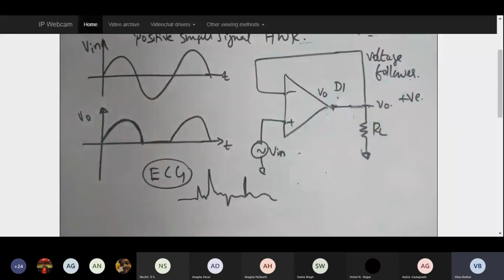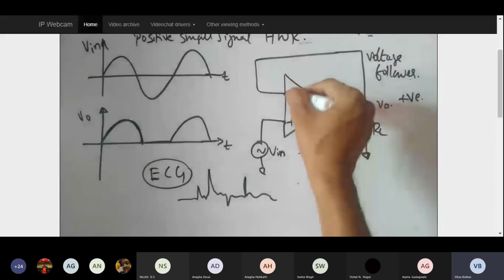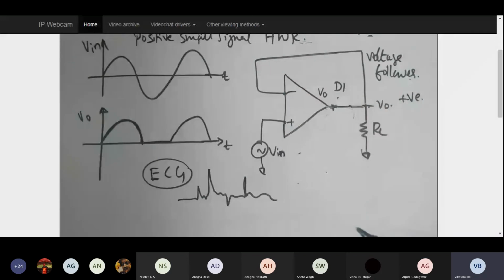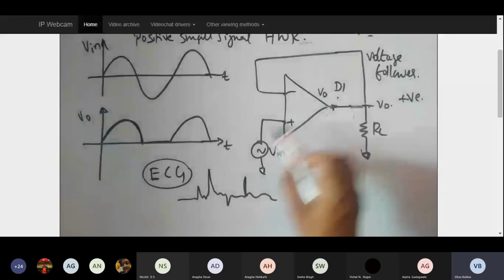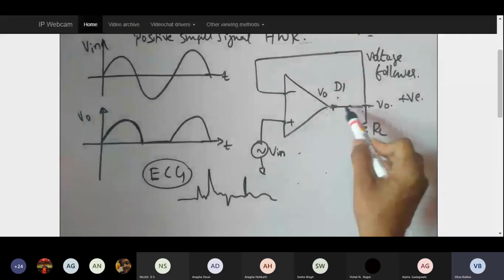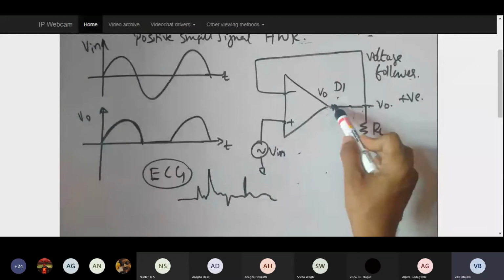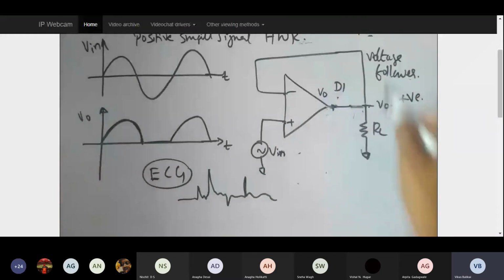Remember, if you can remember the earlier circuits in your basic electronics class, if nothing is connected in the feedback path, and if I am connecting the output directly back to the input over here, it is going to behave as a voltage follower. And the moment it behaves as a voltage follower, what does that mean? It means it is going to send the entire V in to the V out over here. So when this diode turns on, this entire circuit is going to behave as a voltage follower, and my output will be coming over here, which is my input.